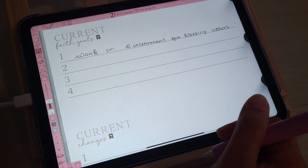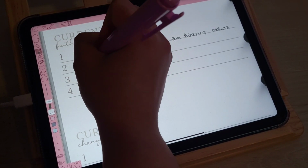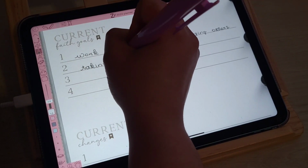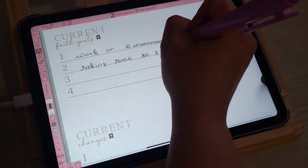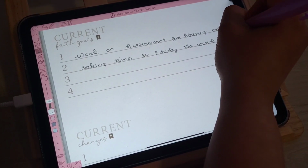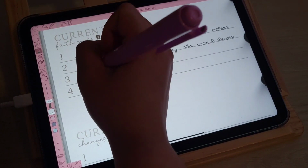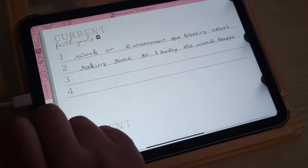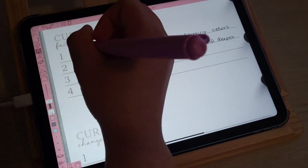Another thing that I want to work on is taking the time to study deeper like I used to. So taking time to study the word deeper. I think my next faith goal would be to not grow spiritually lazy. And the way I would do that is to push myself out of my faith comfort zone. No, push myself